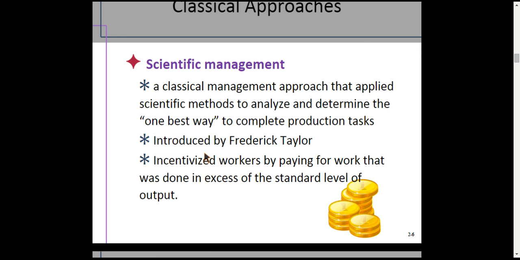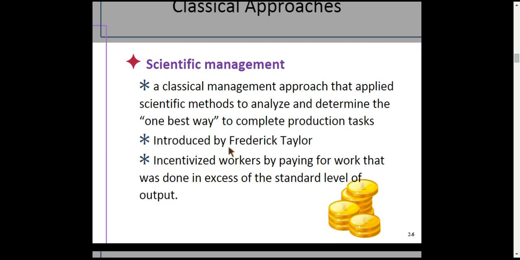If you don't know anything about Frederick Taylor, he's kind of an interesting guy. He came from a very wealthy family. If my memory serves me right, his father never worked a day in his life. However, that's not the way Frederick Taylor wanted to do it. And he watched people do work. And he found what the one best way to do work to be most efficient was. And so we call this the scientific method.